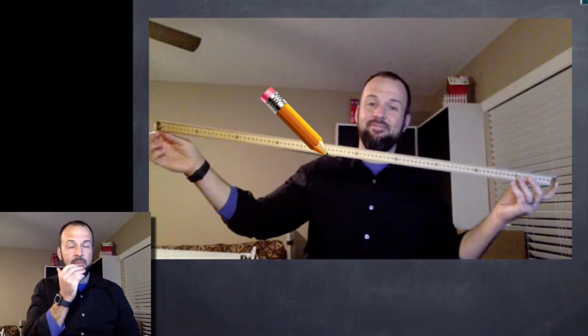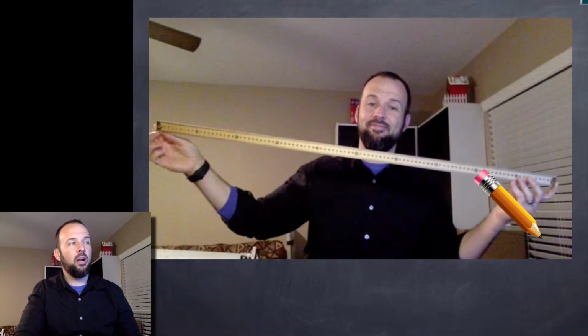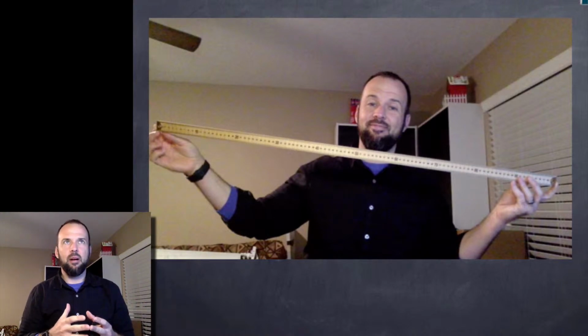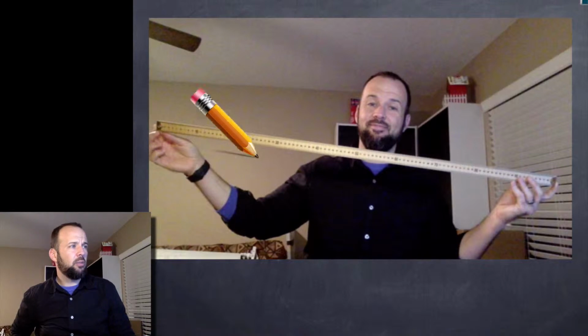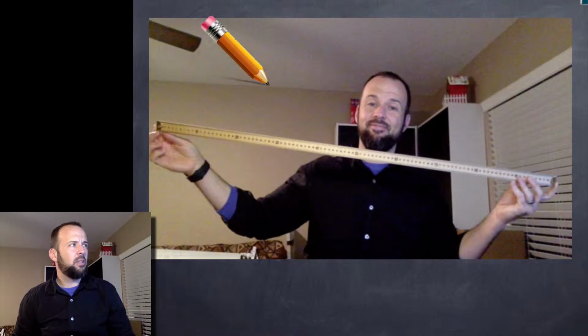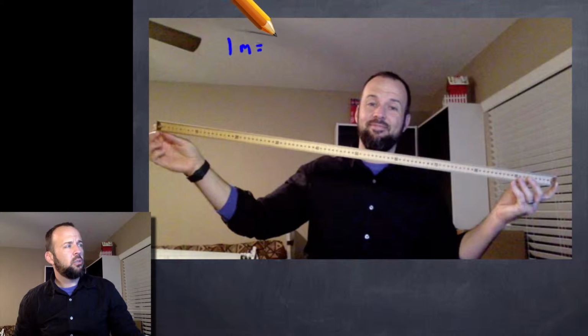All right, so here I am holding a meter stick. And why am I having a picture of myself holding a meter stick? Well, the reason is I want us to think about what a meter is made up of, specifically when we're talking about centimeters. We know the length of this stick that I'm holding, from here to here, is 1 meter, but how many centimeters are in that meter? There's 100 centimeters in there, right? So this 1 meter is equal to 100